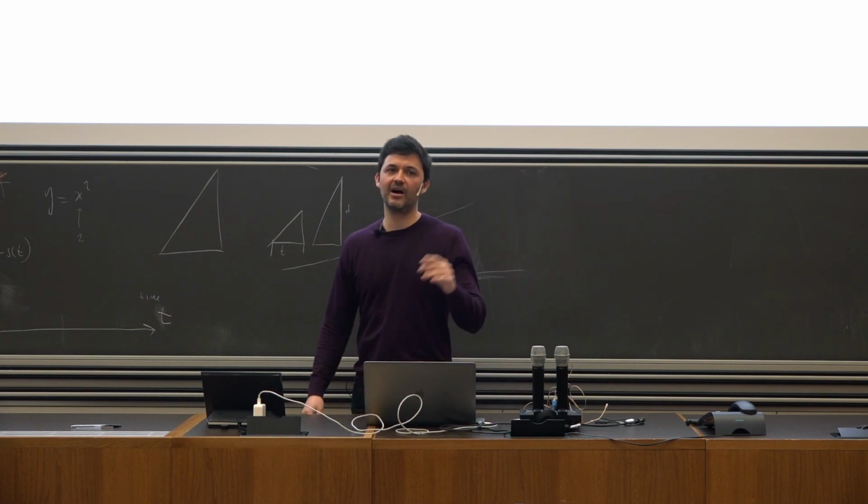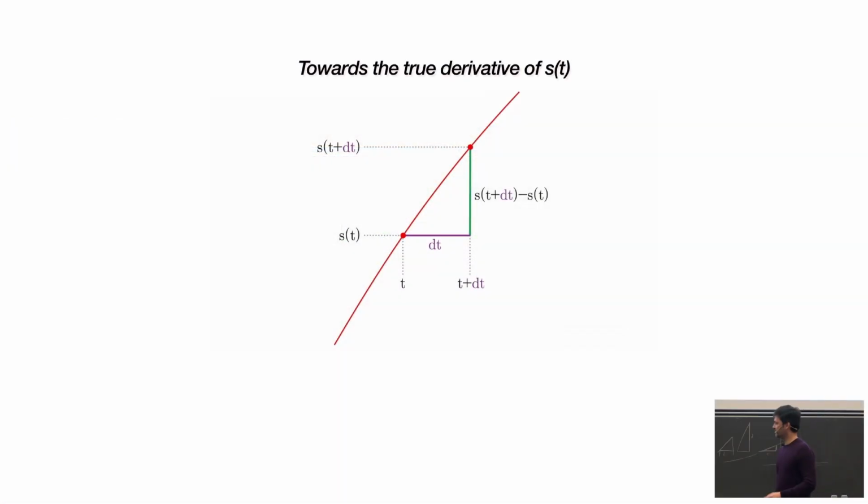Okay, so how did Newton and Leibniz do it? To find this best approximation, if you remember, here the interval was 0.01, and then we changed it in our code.